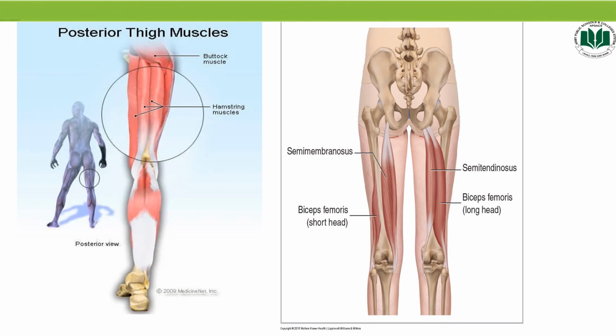Okay students, these are the hamstring muscles which are present at the back of the upper part of the thigh. The hamstring muscles are a group of muscles and their tendons at the rear of the upper leg. They include the biceps femoris, semitendinosus and semimembranosus. The hamstrings flex the knee joint and extend the thigh to the back side of the body. So they are used in walking, running and many other physical activities.